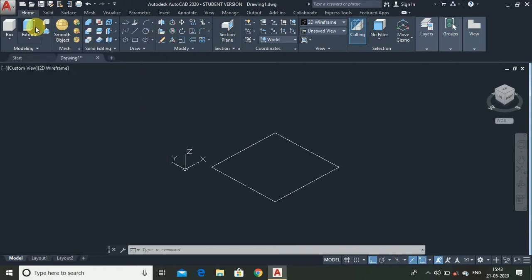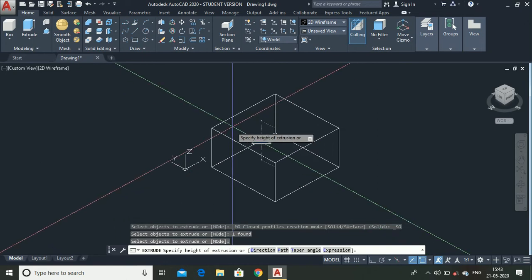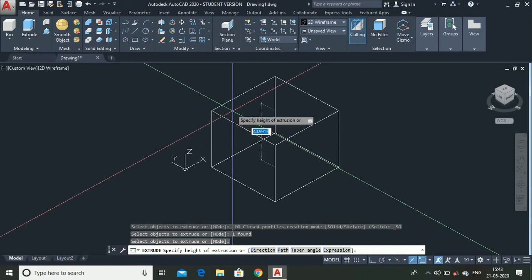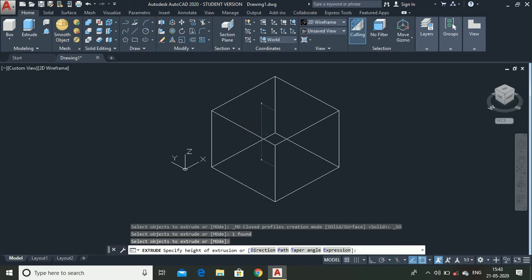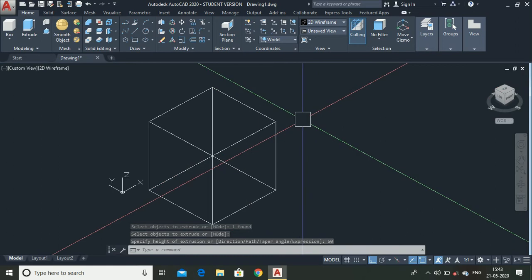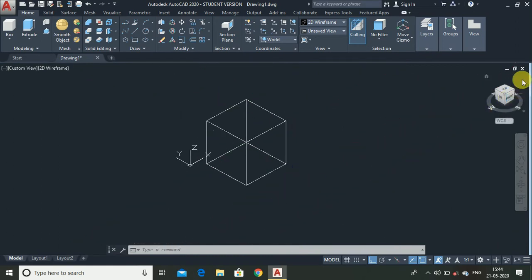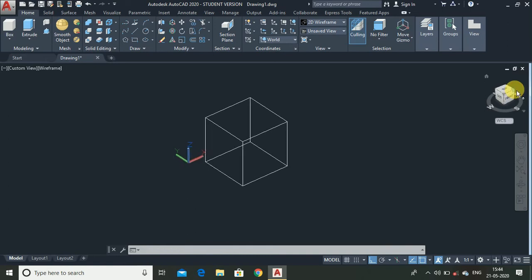Simply select the extrude command. Now click on the object, then press enter. Now you can fill the material up to your required distance, then press enter. And here it is. Your first 3D diagram is ready. You can see it by rotating the view cube.